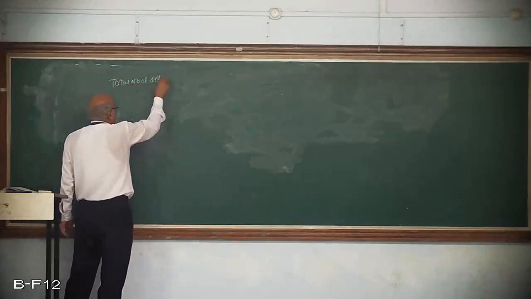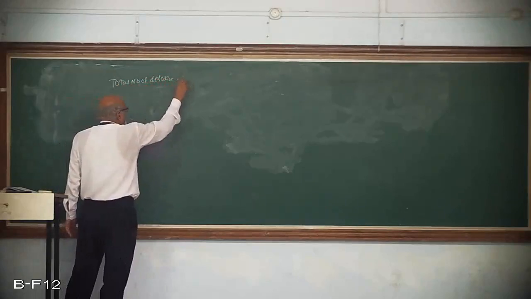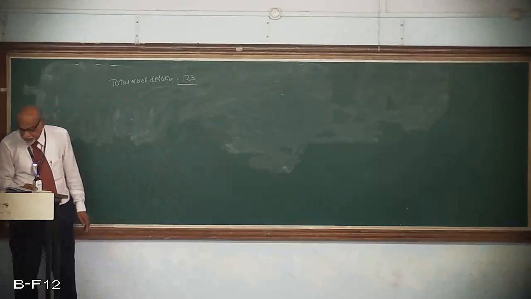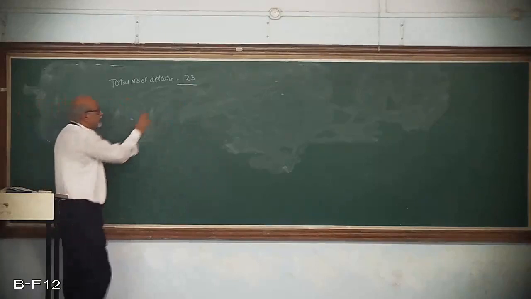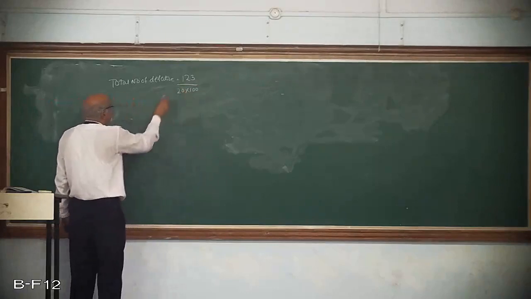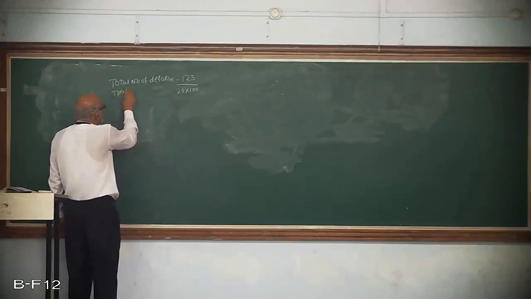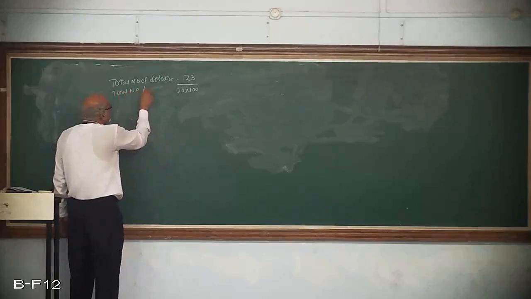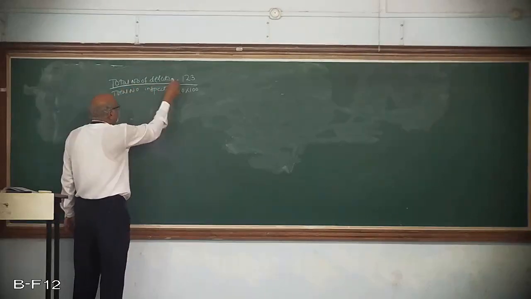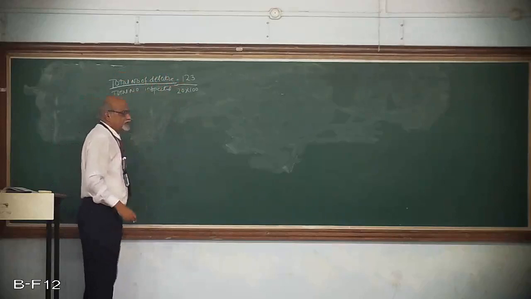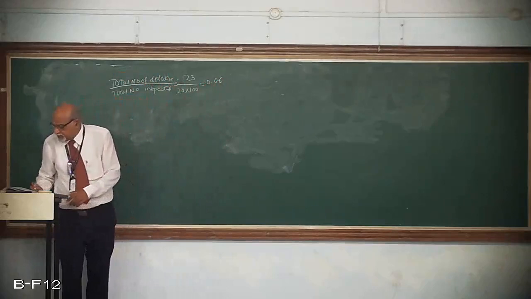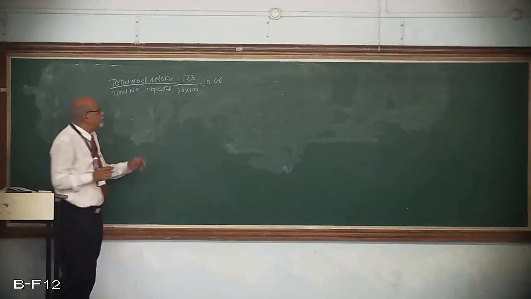If I add up all those things for all 20 lots, that is 123 total defectives that have been inspected. 20 lots, and each lot consists of 100 items. The total number inspected, this is equal to, that means divided by this. So this works out to be 0.06. So P bar is equal to